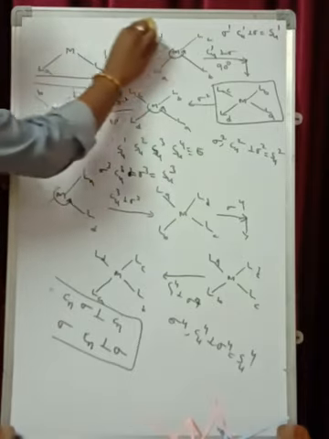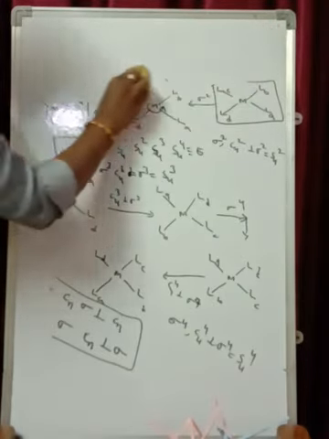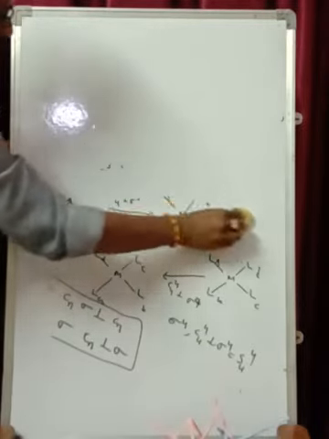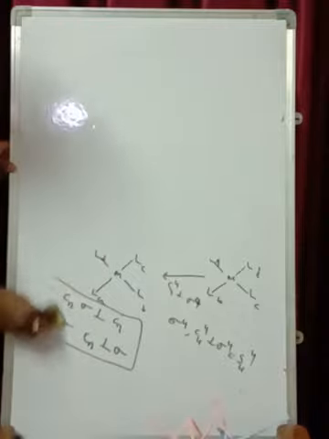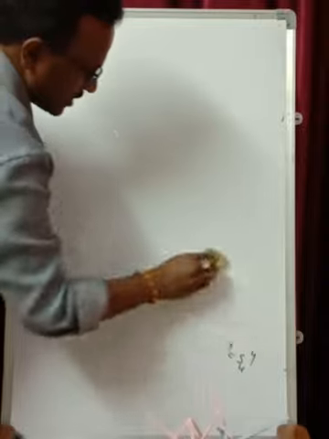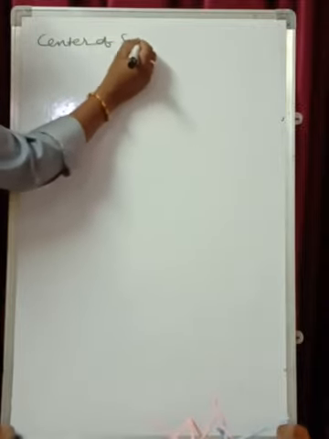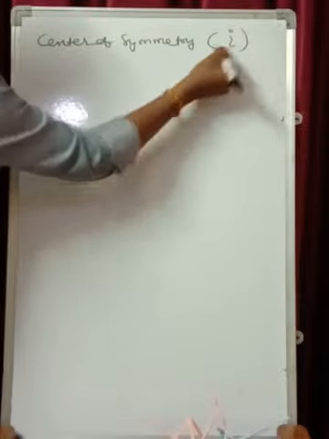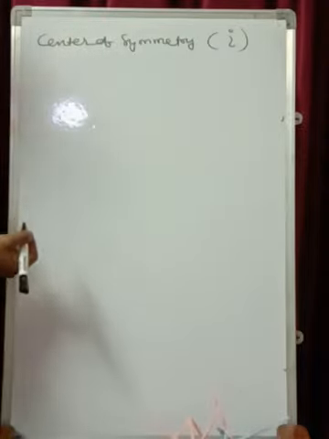Now let us take the other symmetry element, that is center of inversion, I. This is also one of the symmetry elements. As you know, there are 5 different symmetry elements. One is the rotational axis of symmetry, the other is the plane of symmetry, the third is the improper axis of symmetry, the fourth is the center of symmetry, and the fifth one is the identity element. The center of inversion is given by I. Now, what does this center of symmetry tell you?